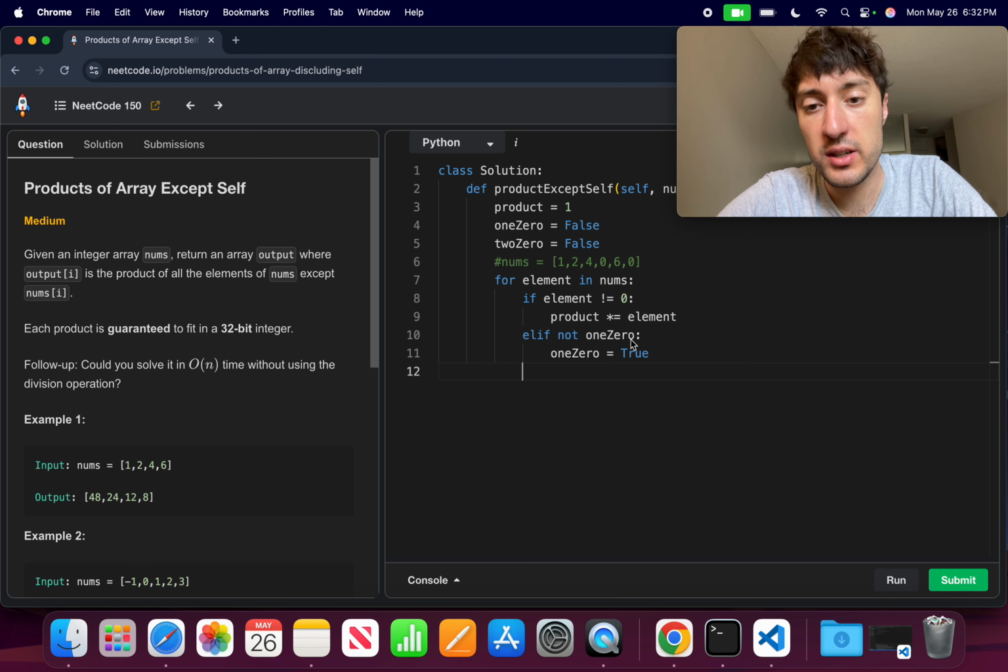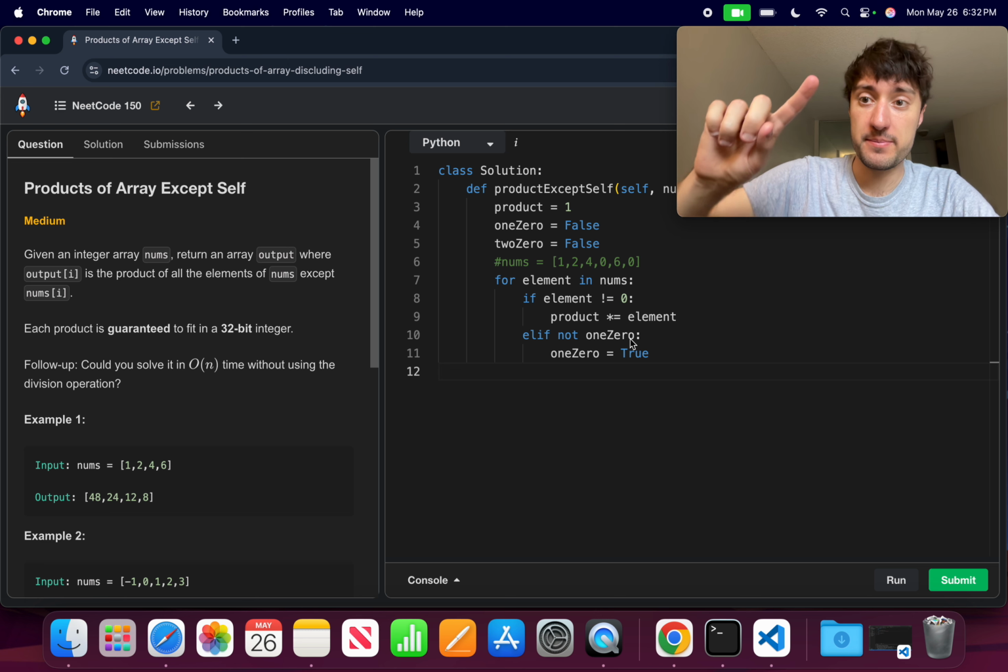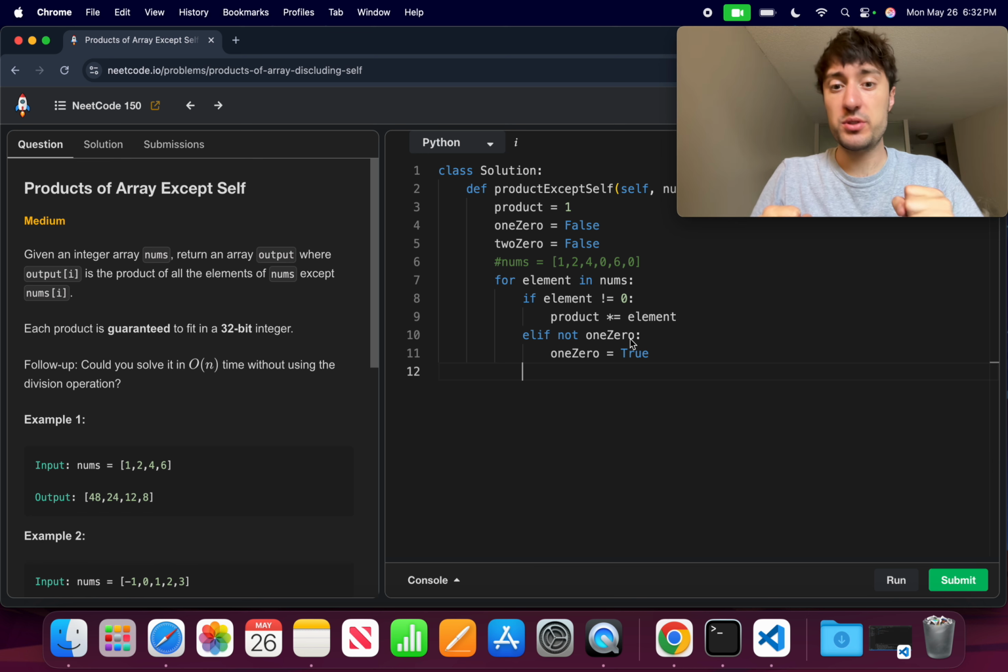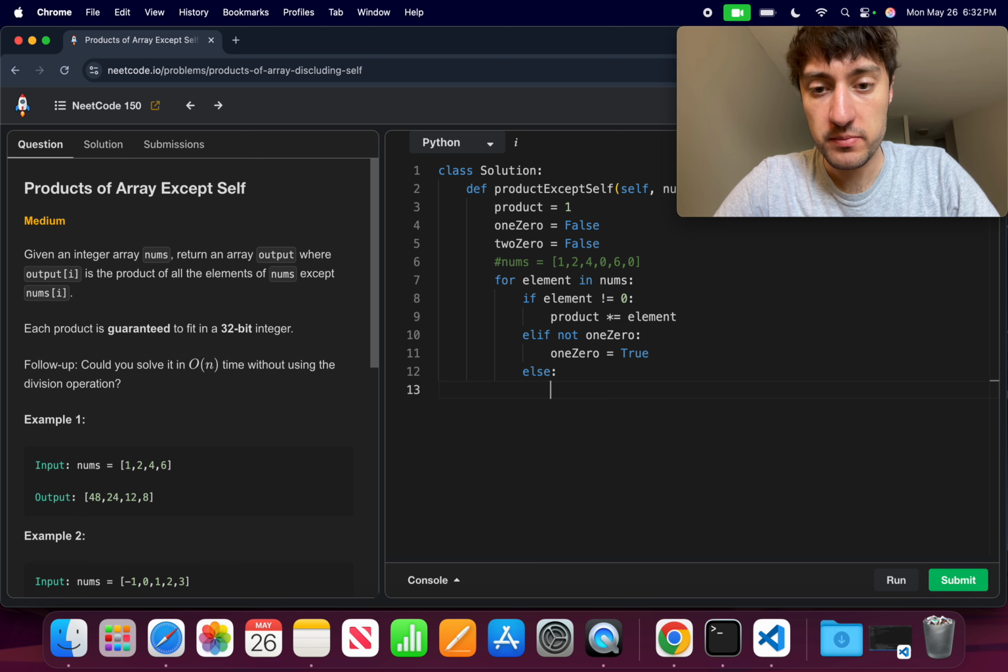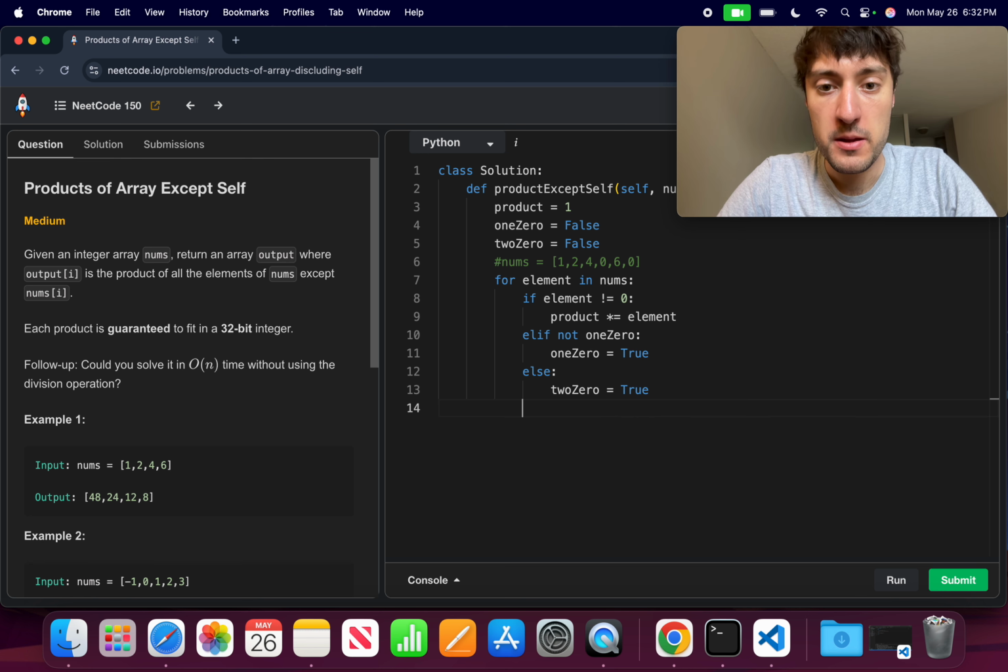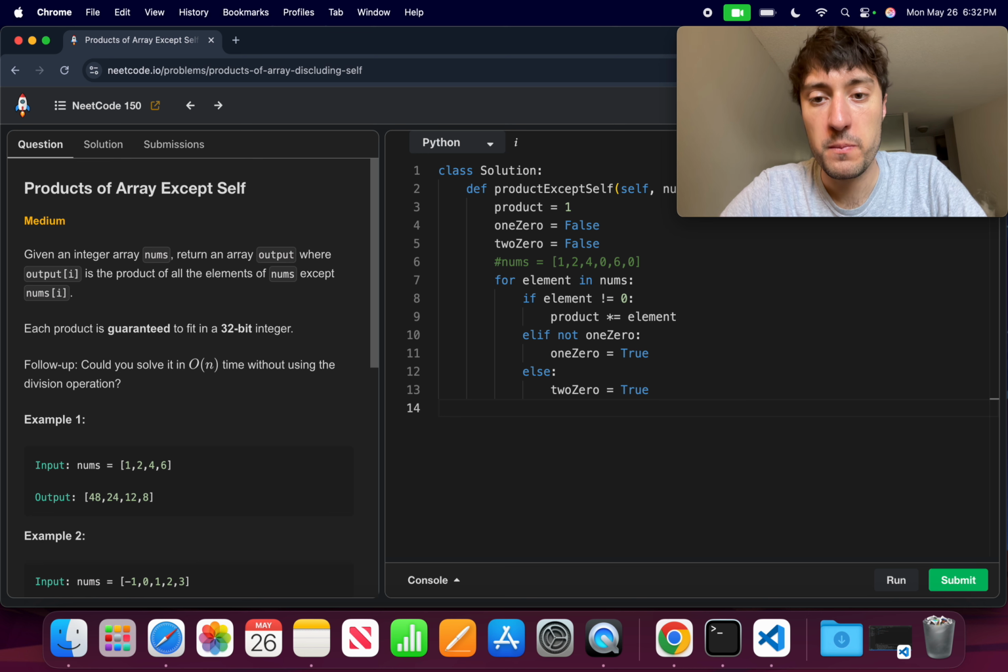Then, so if this didn't hit, then I've already found 1, 0. So I need to set, I just found a 0 and I've already found another 0. So I need to set 2 zeros. So else, 2, 0 equals true, okay? So now